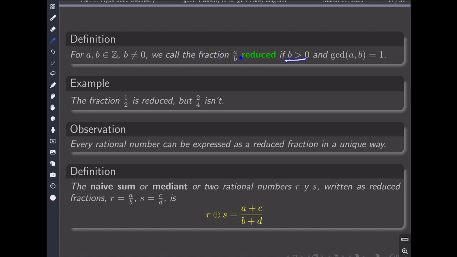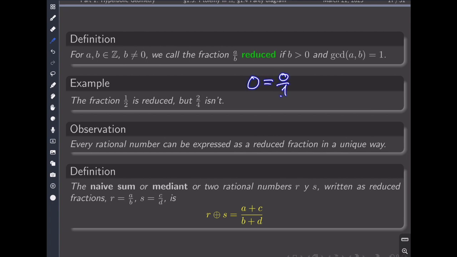First, the denominator is positive, and second, the numerator and the denominator are coprime. So you see, these two facts make the reduced expression for each rational number unique, where, for instance, 0 is